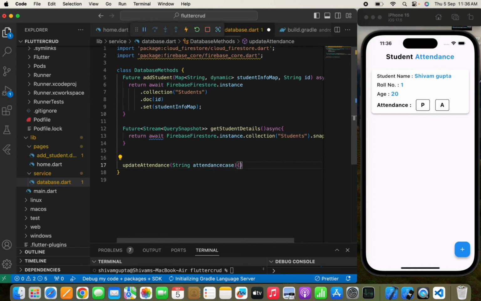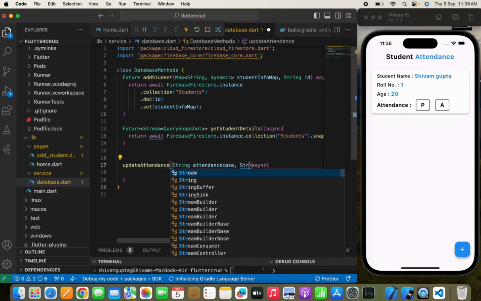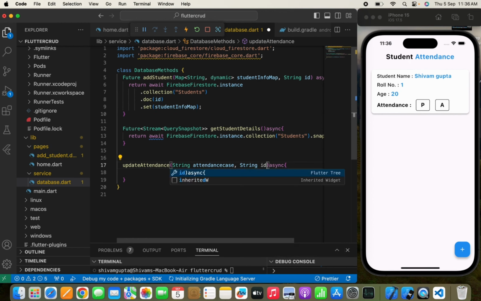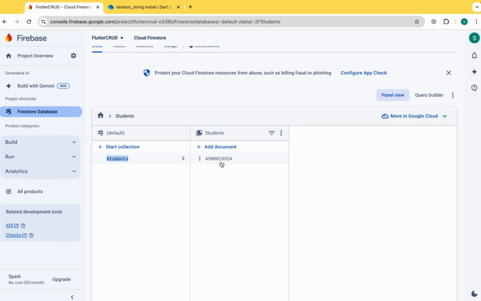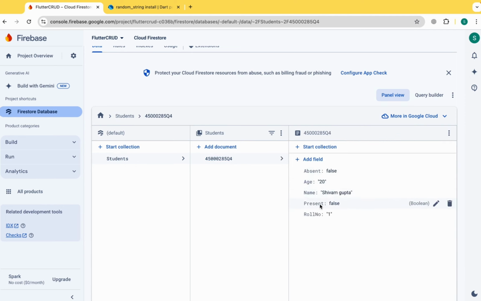Okay. Now after this, async, and here comes a main thing that I was talking about, passing the unique ID to each document. So we'll pass a string ID and we need to get a unique ID in this ID. The unique ID is this ID because once I move to the student collection, I need to move to this unique ID and then I need to change the present